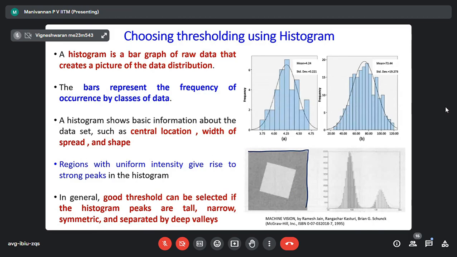Correct? Then what we will get? The distribution of this will be Gaussian like this. Generally, most things in nature, the distribution of any parameter will be Gaussian in nature. Okay. So now I take